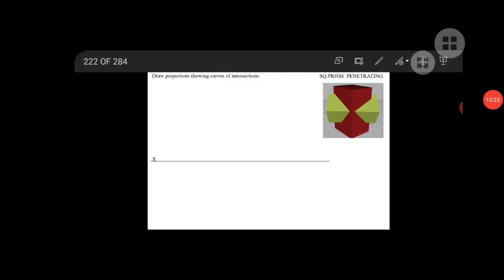So in that we see the curves of intersection. What are the curves of intersection? What is the procedure of the problem? Firstly, draw the XY line, and name it XY line. Then draw the actual view of the first prism, side 30 mm. Then mark the names 1, 2, 3, 4.